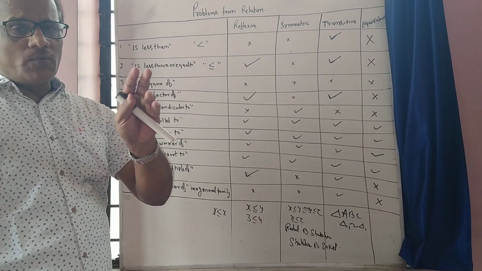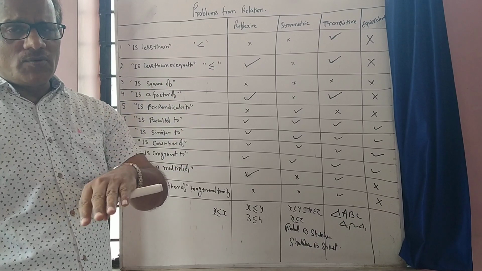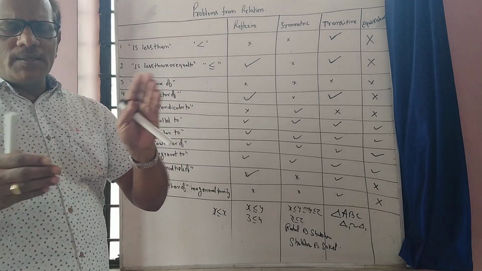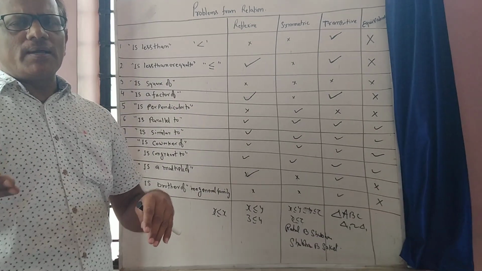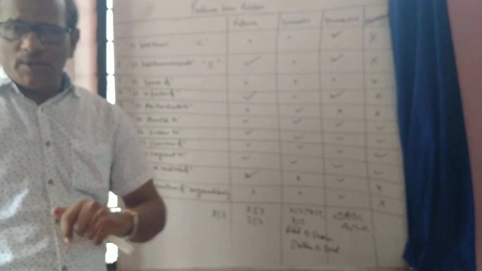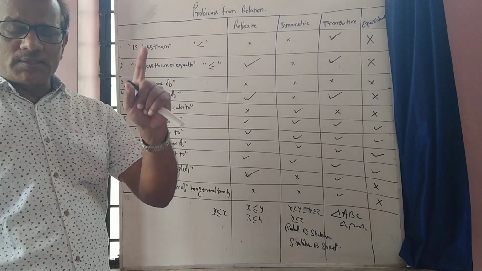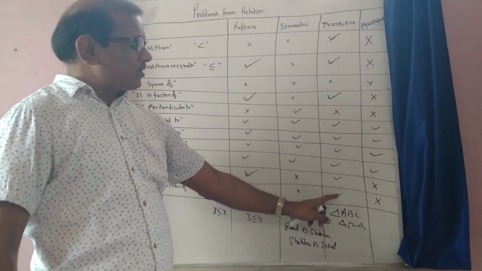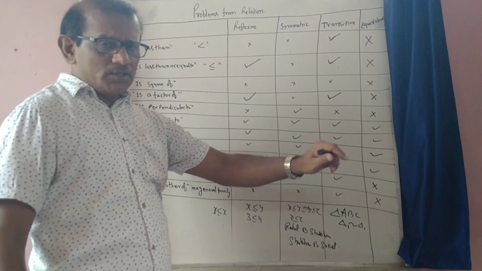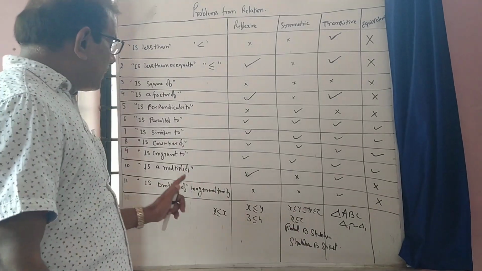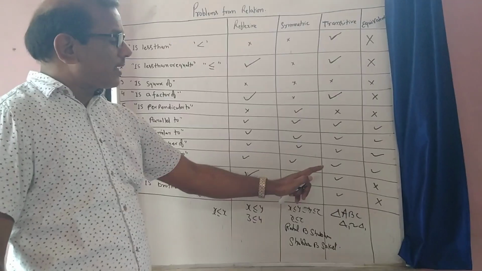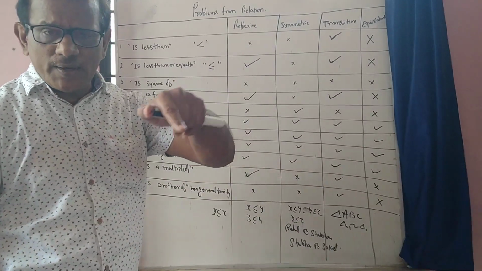Symmetric relation: let X and Y be two persons such that X is a brother of Y. Then Y will be a brother of X also, because if X is a brother of Y, definitely X and Y both are male, since you have taken the male members of the family. So brother of relation will be a symmetric relation. And transitive also, because X is a brother of Y, Y is a brother of Z, then X is a brother of Z also. So in the male members of a family, brother of relation is reflexive, symmetric as well as transitive, so it will be an equivalence relation.